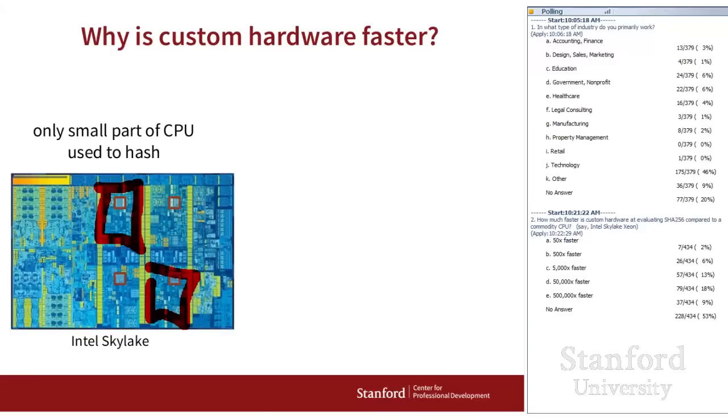So everybody says about 500,000 times faster. So you guys are very pessimistic. You think commodity hardware can be made super duper faster than Intel processors. Well, here's what I did. I just looked up essentially how long it takes to do SHA-256 on custom hardware,